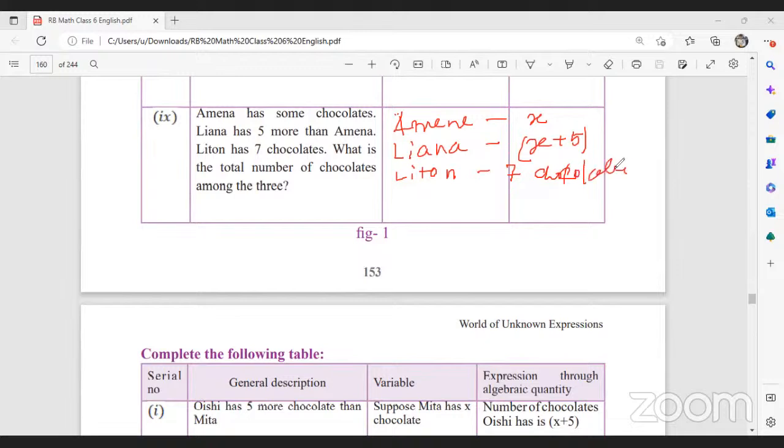So cool. So what is the total number of chocolates? So total কি হবে? এই তিনটা অ্যাড করবে না? X plus 5 plus 7, right? So কি হবে? যদি এই ব্র্যাকেটটা রিমুভ করে দাও।